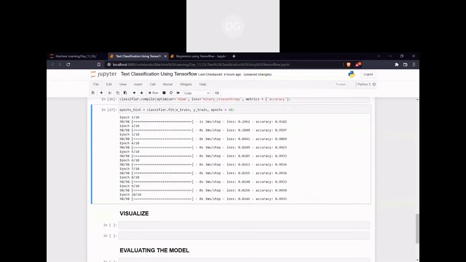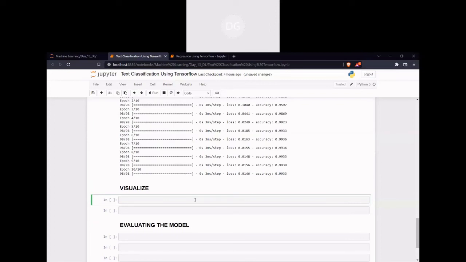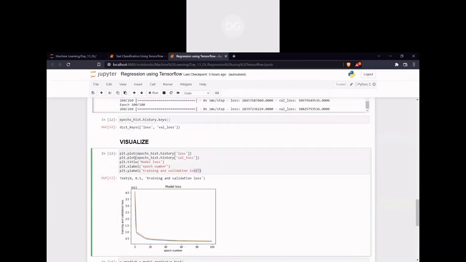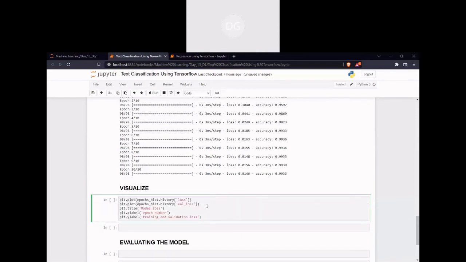Let us check it in the graph as well as the accuracy score, and then we will see whether we can increase it or whether it will be our final output. So for that I'm just going to plot it. To make it easier, I will take it from this code. Here I have loss, and I don't have any validation loss. I'm just going to find the model loss.